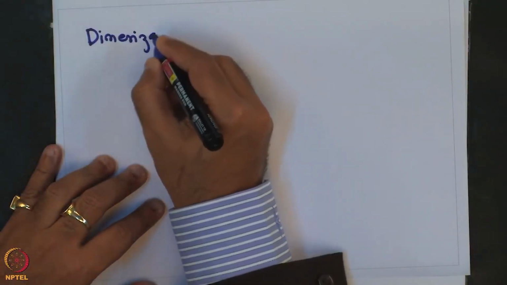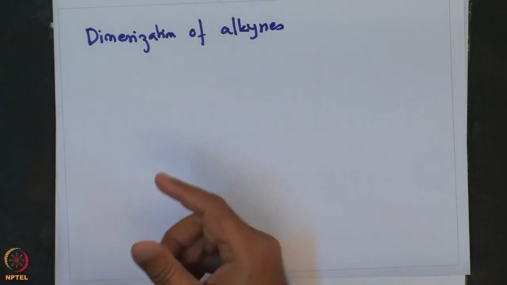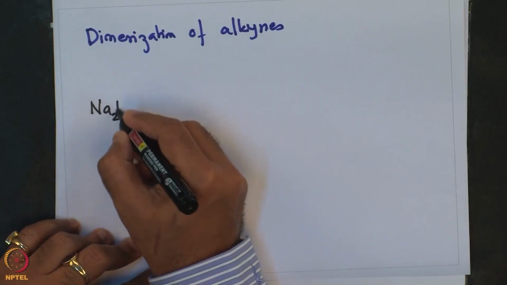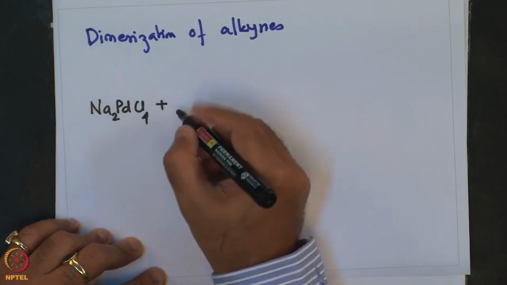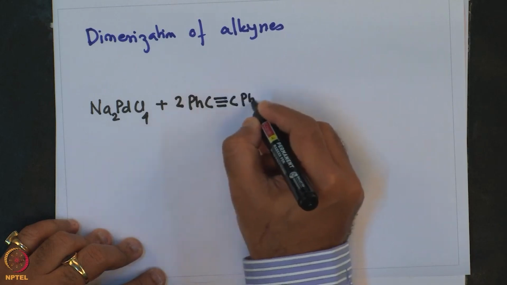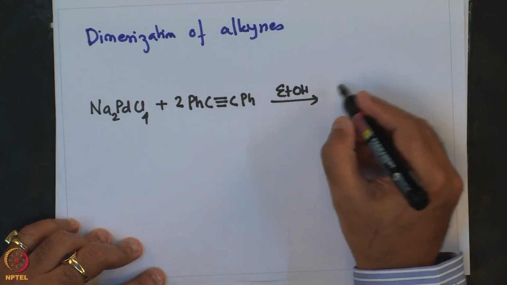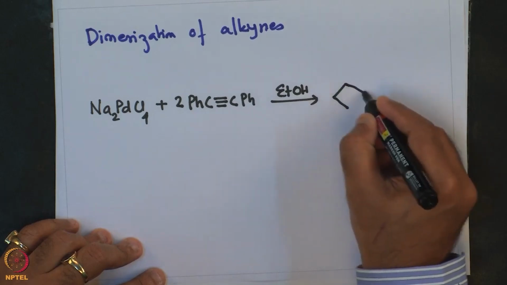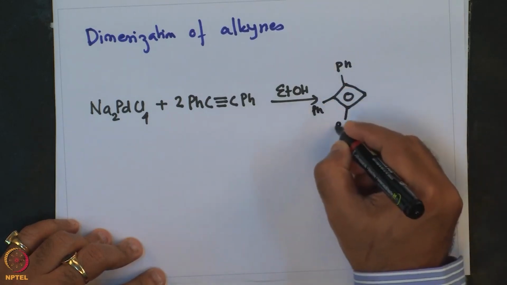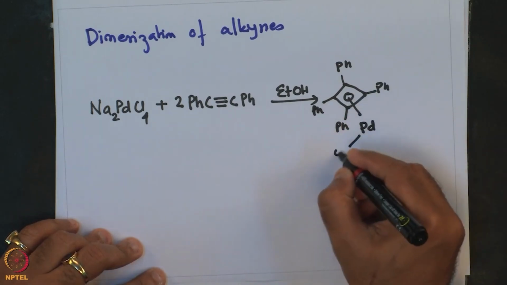alkynes. So here the reaction of Na2PdCl4 plus 2 alkynes in ethanol gives this tetraphenyl cyclobutadiene complex of palladium chloride,